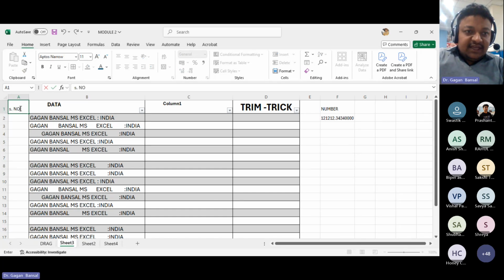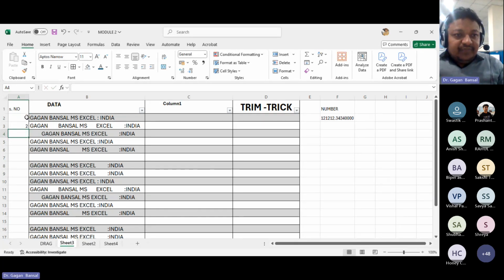मैं आपको सीरियल नंबर से समझाऊं, ठीक है। तो हम कैसे ड्रैग करेंगे, बस 1 और 2 लिख के डबल क्लिक कर देंगे।